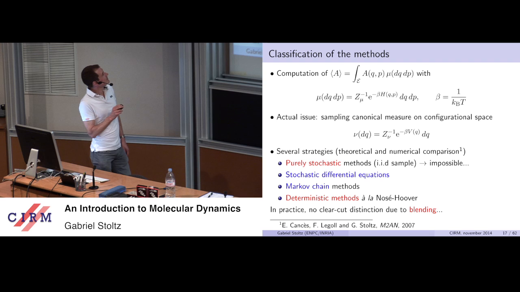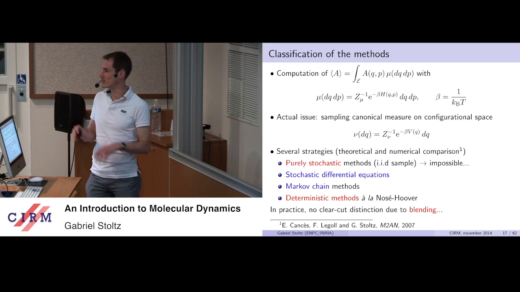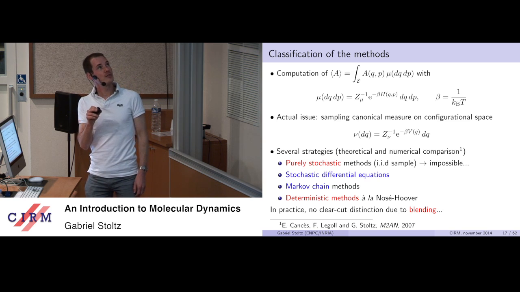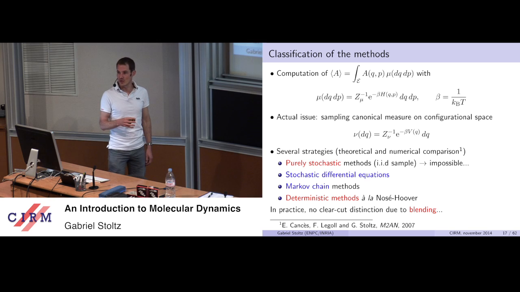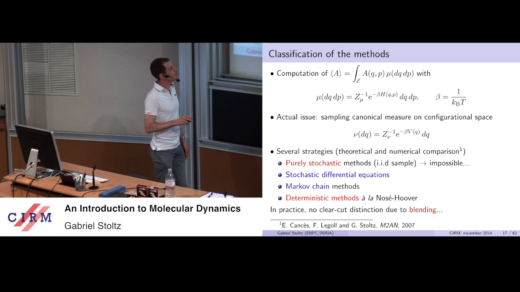Alors, again, here is a brief recap of the problem, really computing those kinds of averages with respect to this probability measure. In fact, when you look at the Hamiltonian, there is a potential energy part and there is a kinetic energy part, which is a sum of p squared, more or less. So exponential minus a sum of p squared is a product of Gaussians. So sampling the momenta is really something trivial. Momenta are distributed according to Gaussian distributions. Any good random number generator will do the job.